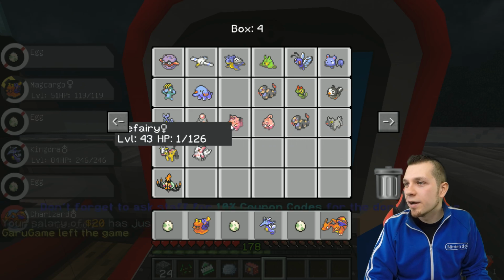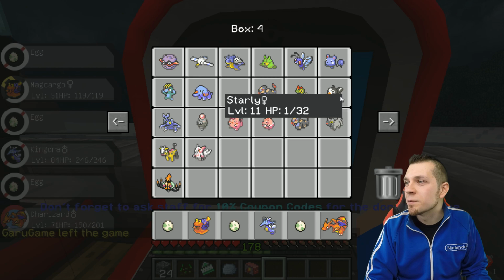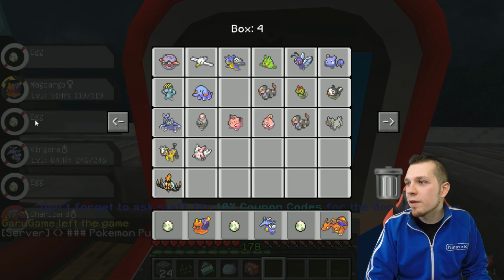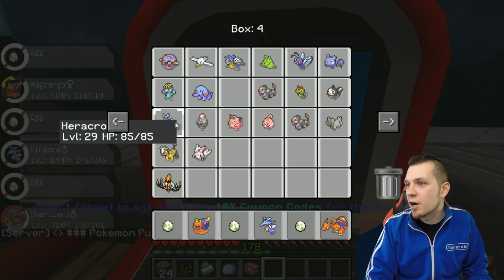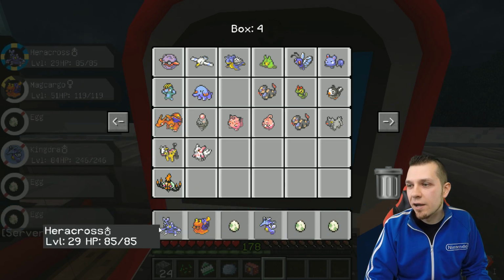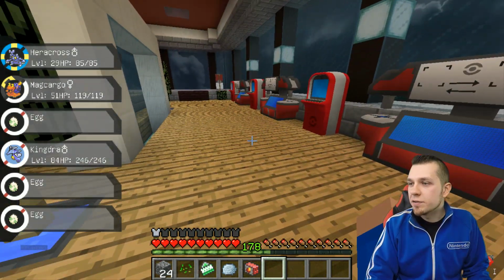For example, like Clefairy or a Zangoose or a shiny Chandelure, whatever you want, you can actually put it up for auction. For now, I think one that I'm going to auction is going to be this Heracross. So I'm going to put Heracross in my first slot. How about that? So what you can do is you can do